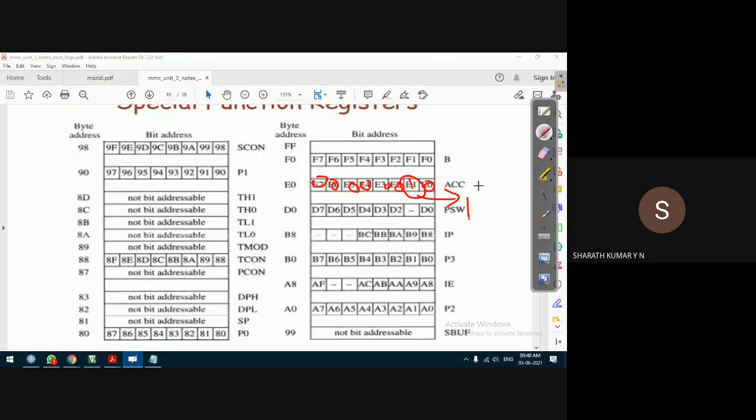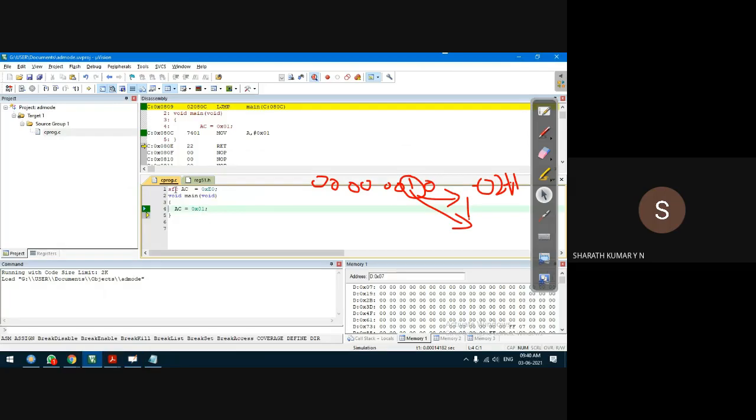What is the content of accumulator, guys? It is 02H. Let us try this using the C program. For this I need to define this bit, SBIT. The address is E1. Let us go to the compiler. I'll modify the code. Instead of SFR now, I'll use SBIT because I'm accessing bit locations of a special function register. I'll call this AC1.